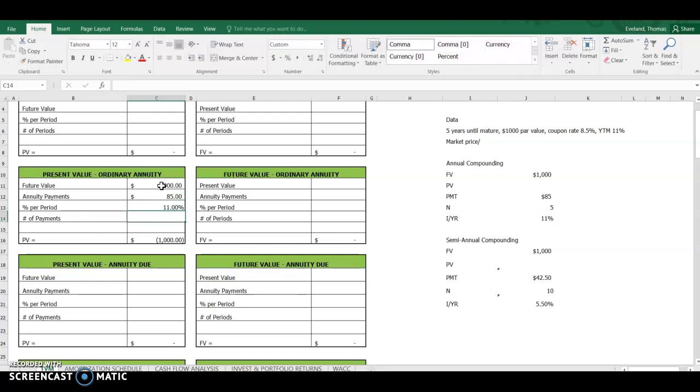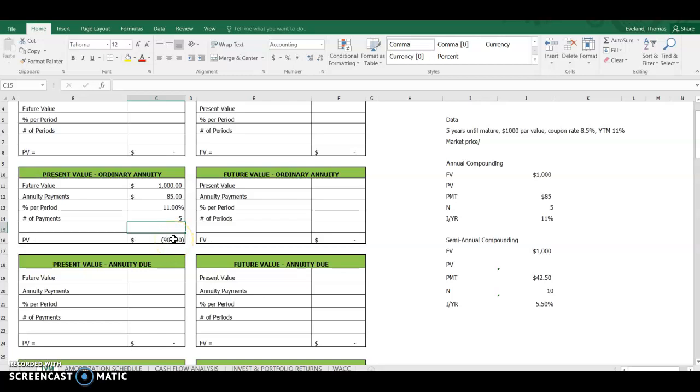And we have 5 payments left because it's once a year, 5 years to go. So what this tells us is that if we needed to earn the 11% yield to maturity for a bond that's going to pay us 5 annual payments of $85, and then at the end of that 5th year we receive our $1,000 principal, we could pay no more than